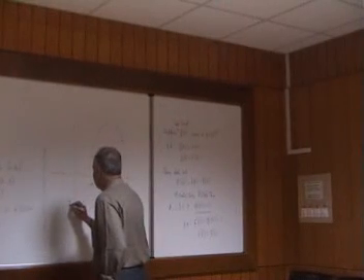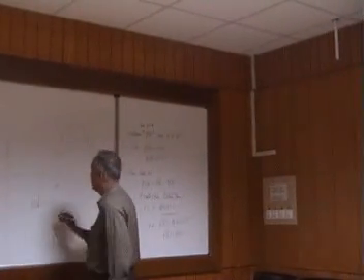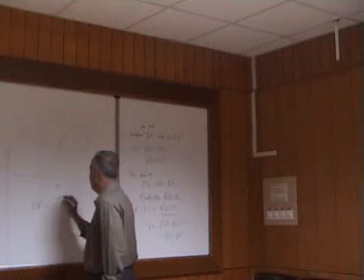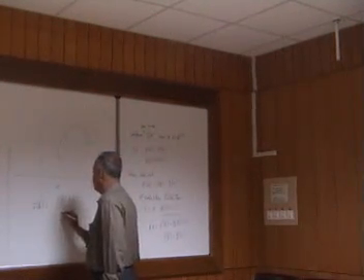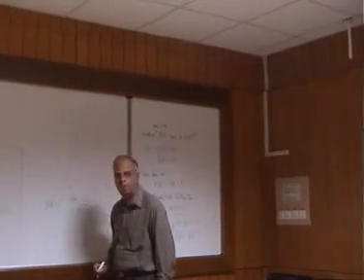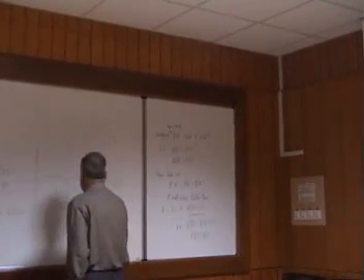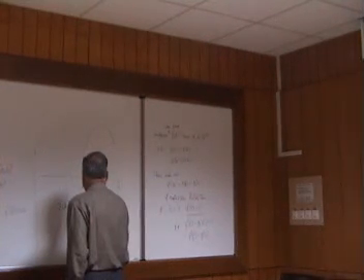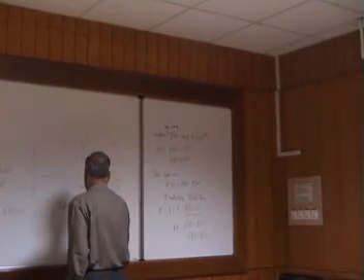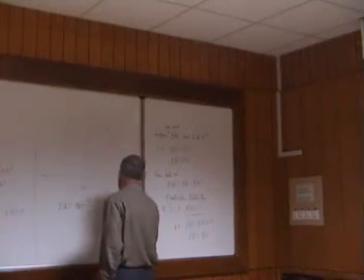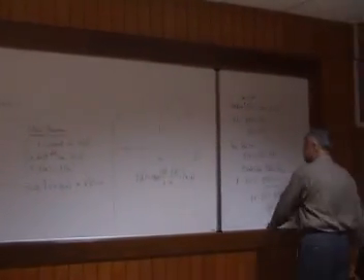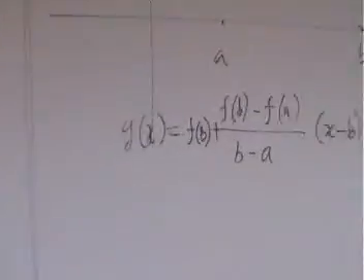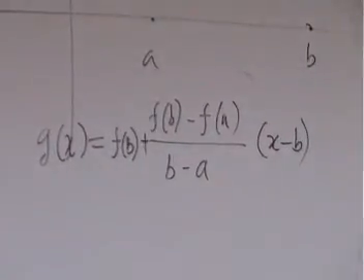So what is that equation? I can take g of x to be equal to the y coordinate difference divided by the x coordinate difference. This is the slope, and it passes through the point b, f of b. So slope is known, the point is known, so I write this. This g satisfies all these conditions. So there must be a c so that f prime c is equal to g prime c.